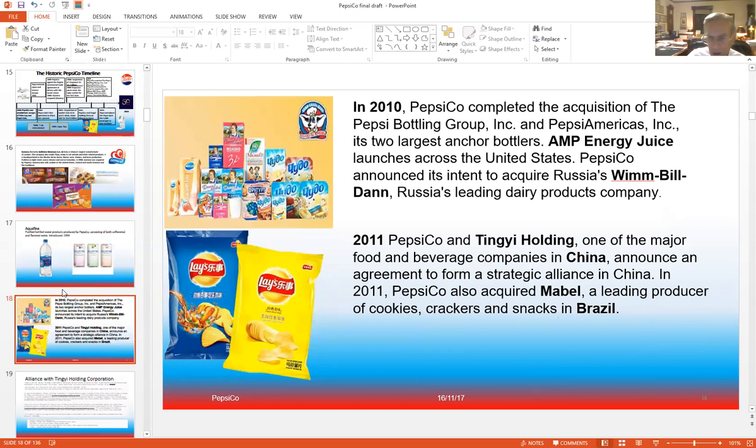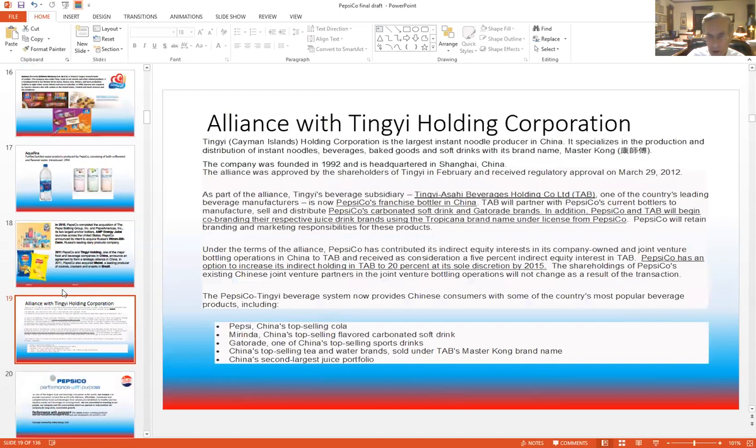So you kind of get this snack food thing that was started with Frito-Lay, continues to go on, and that group of products is now quite large. Now I'm going to let you print this page and simply look at it. It is a description of Tingyi and just what a powerful company it is, and how many of PepsiCo's products are made by Tingyi, including Gatorade and the carbonated beverages and